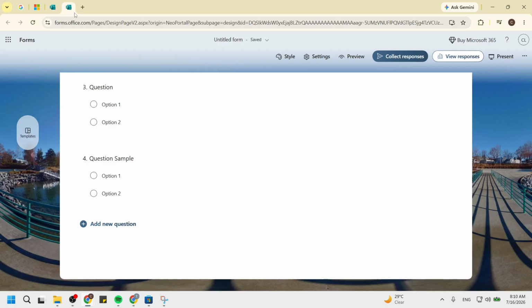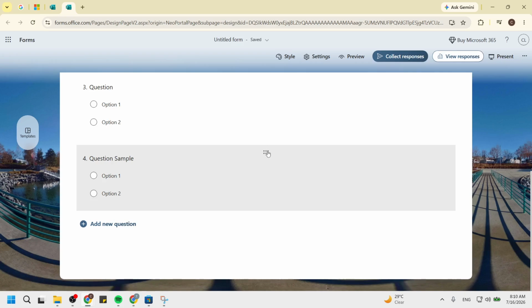Now, click on the question you want to change. This action enters edit mode for that specific question. The question will be highlighted, and you will be able to see its details. In this mode, you can make adjustments and changes as needed. Ensuring you're working in edit mode is essential as it prevents accidental changes to other parts of your form.